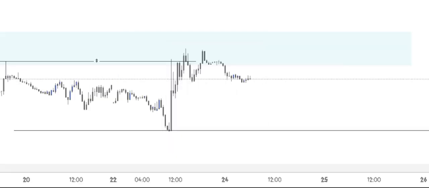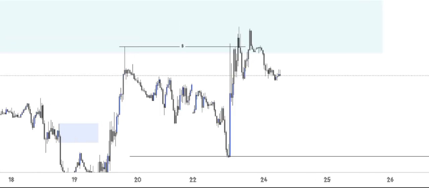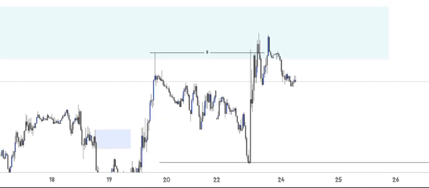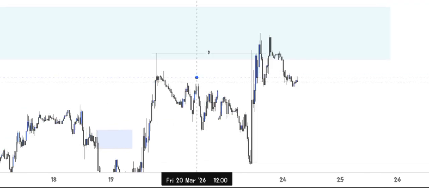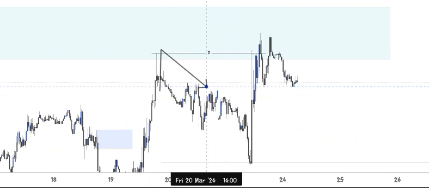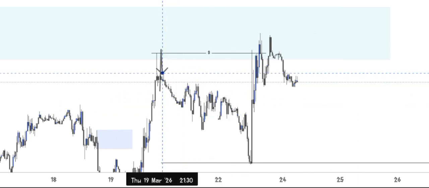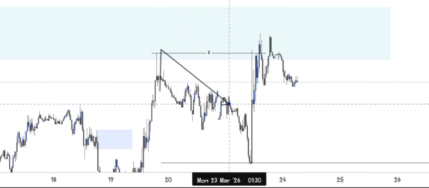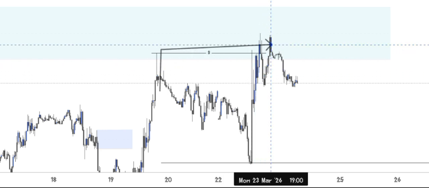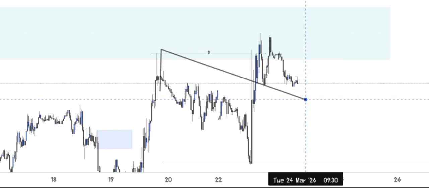So I'll go to my 30 minutes time frame. As you can see, the huge liquidity price took from this zone. Price actually mitigated the zone and came down. It was building liquidity on top of all this sell stop loss, so it went there taking liquidity. I'm anticipating a pullback from all this one right here.